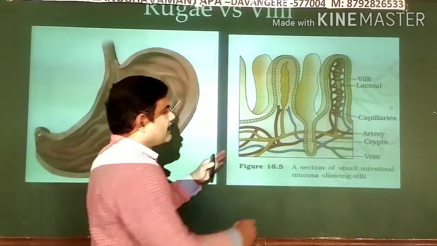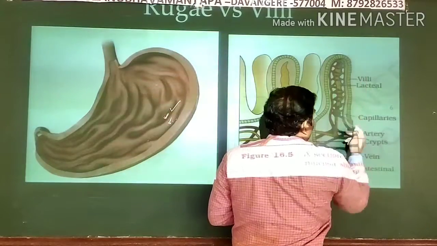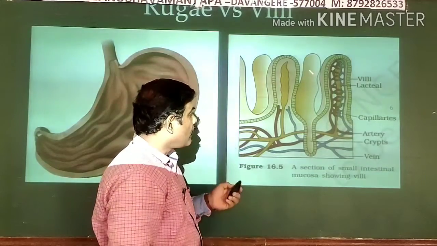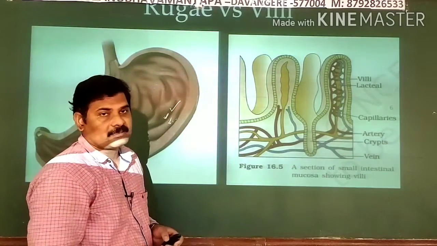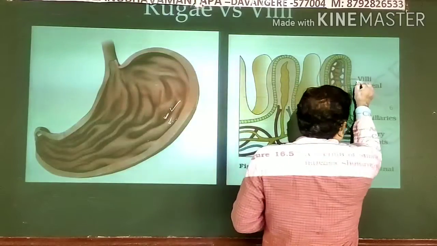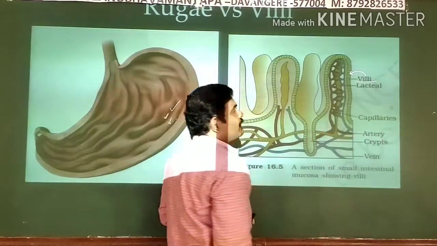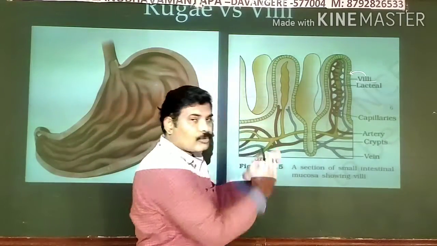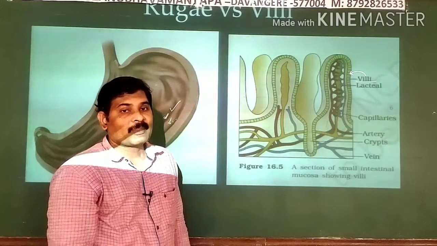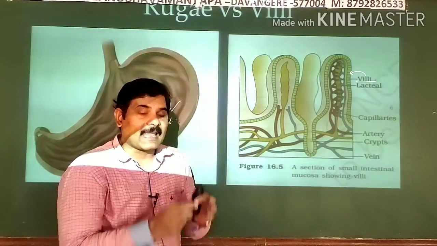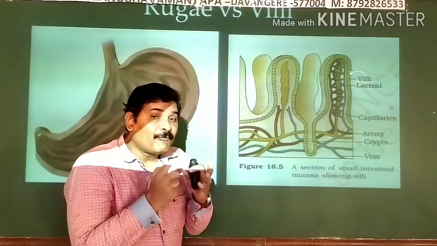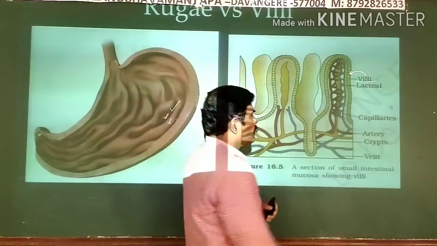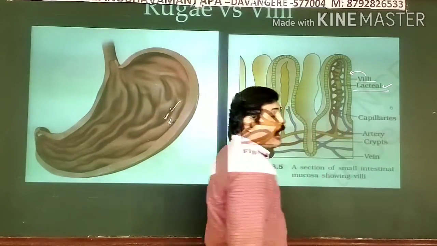Within that you can see certain kinds of elevations. It is a finger-like structure. This we call the villus. If you observe this, this entire finger-like elevation is known as a villus. Very interesting thing: when you see the inner portion of this villus, it consists of a lymphatic vessel at its center. The lymphatic vessel present at its center is known as the lacteal. Very important point.